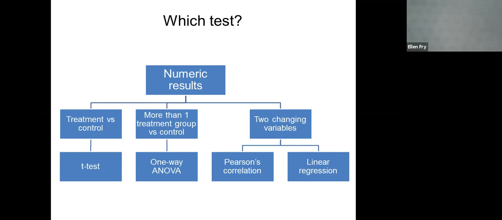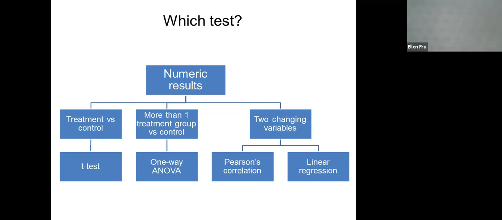If you have one experimental treatment to compare with an unmanipulated control, you would conduct a t-test. Your experimental treatment would only have one level, so it would be something like one level of drought against a control. If you had 2 levels of drought and your control, you would require a one-way analysis of variance, or